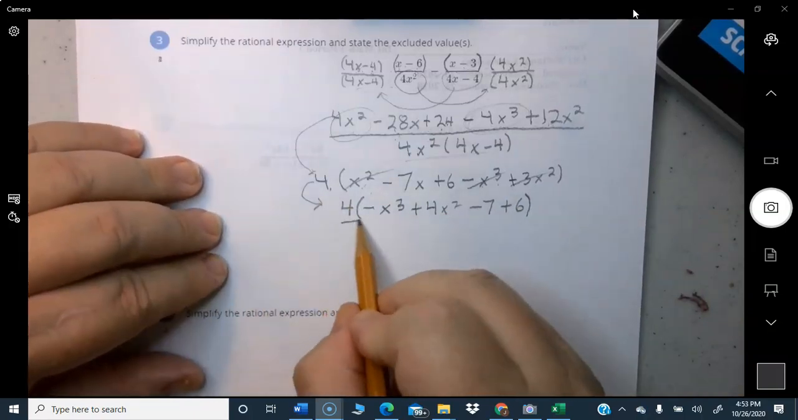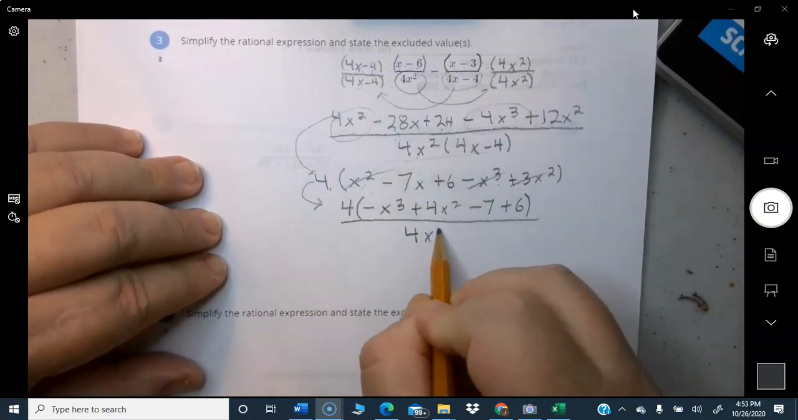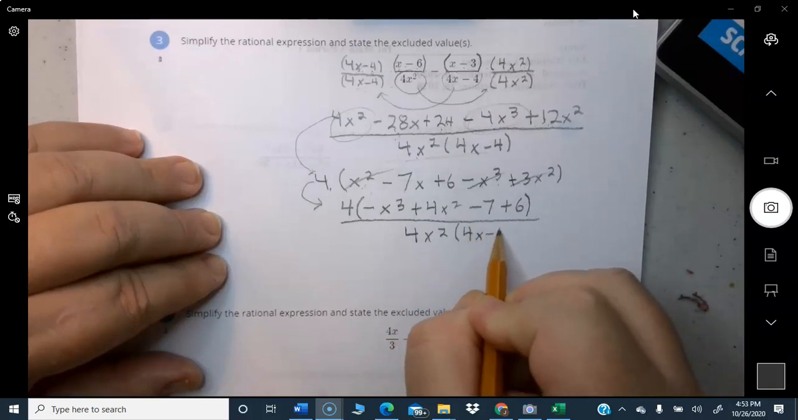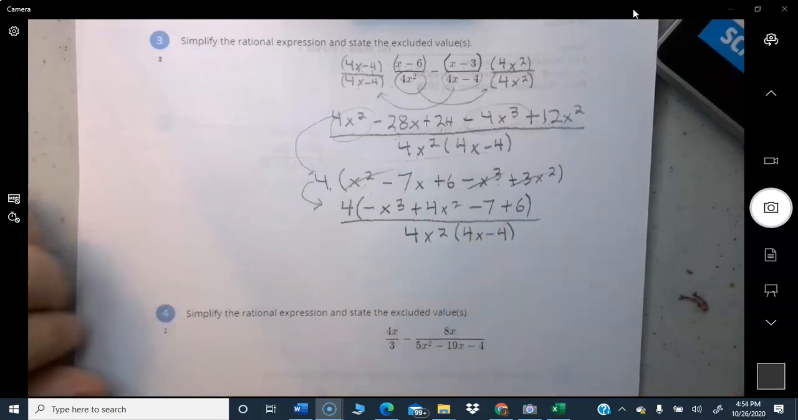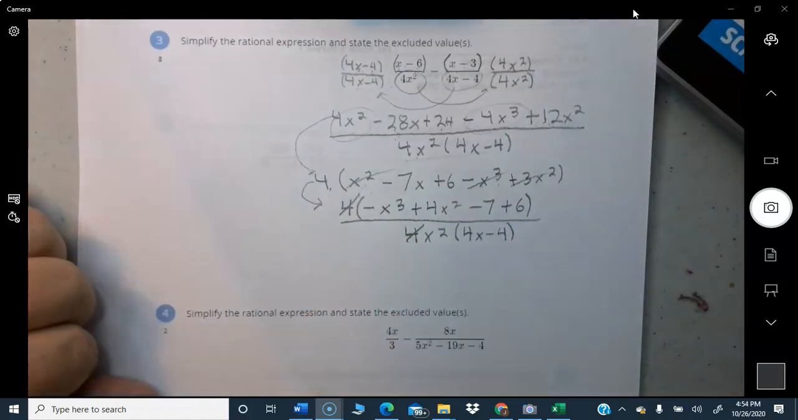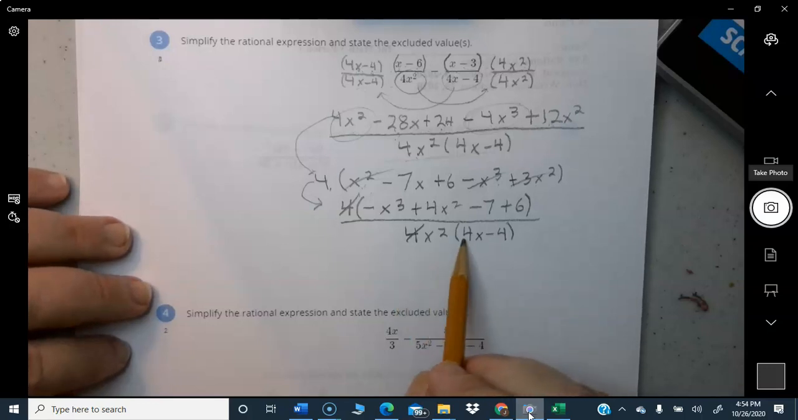Okay, so now underneath, I'm going to go ahead and put this down here. That's 4x squared times 4x minus 4. Very simply, one thing I can see cancels is this 4 and this 4. They cancel right away. After that, I don't see much else that cancels. Okay, and I don't see anything else that really cancels, but what I do see is I have a 4